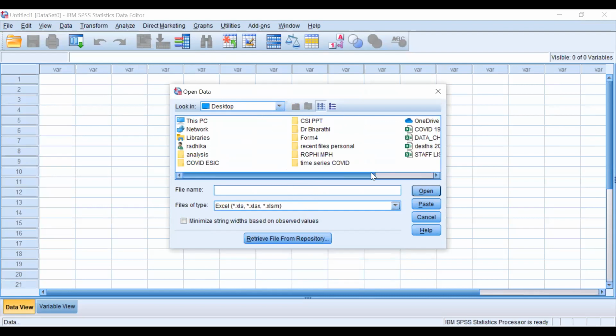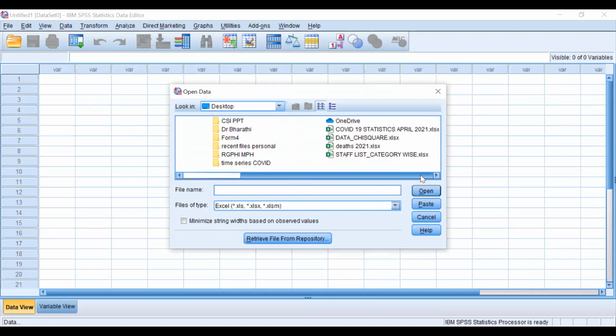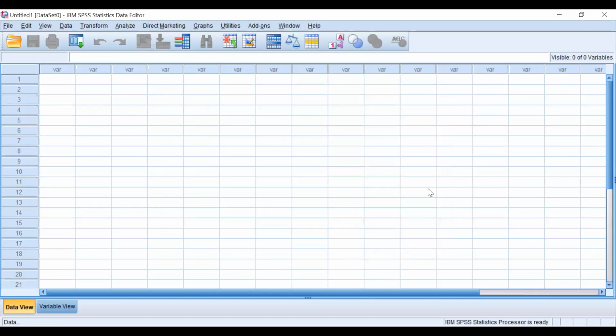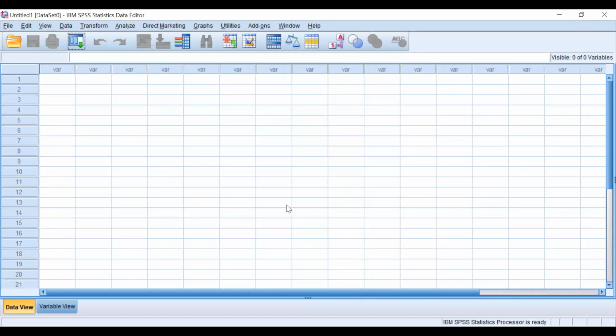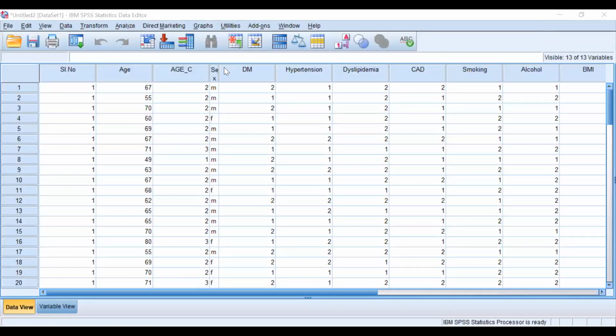I'm going to open Excel now and take the data from Excel. So this is my data. This is the data that I've got.